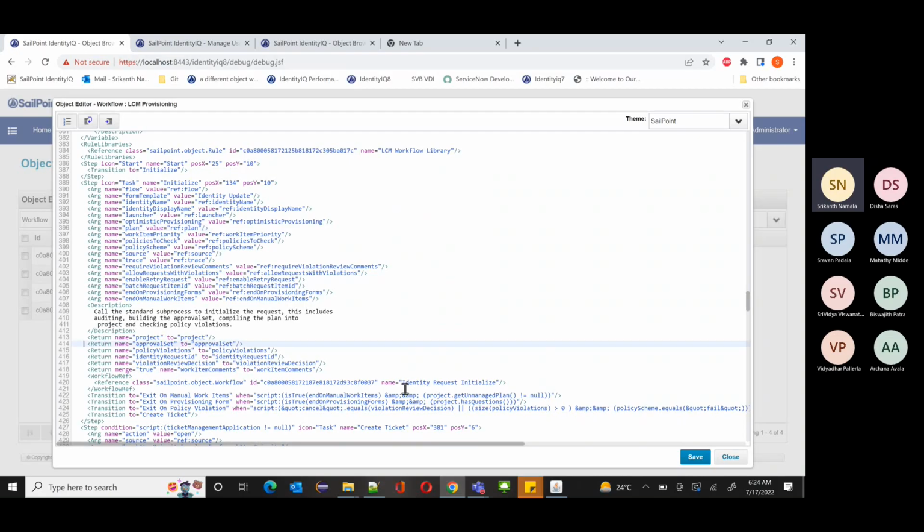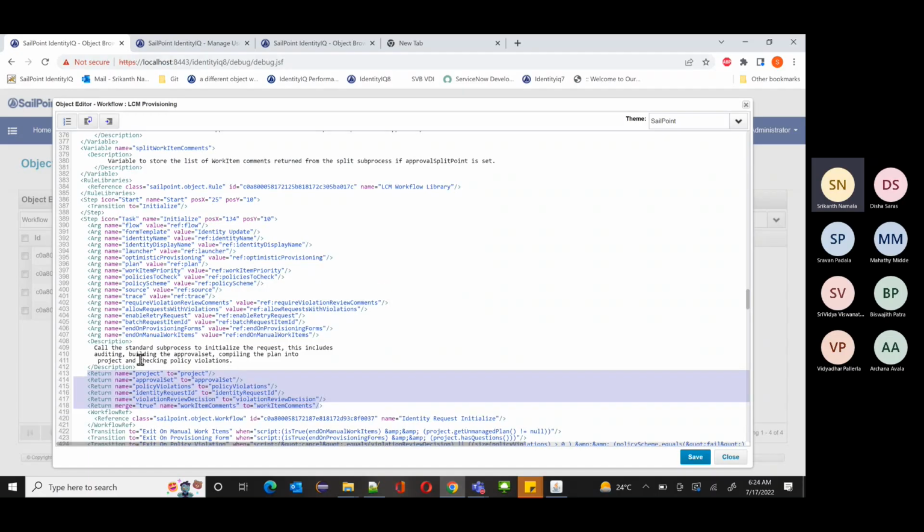Okay, what does this workflow return to whatever step we are using it in? When we call this request initialize workflow, it will return the project if there are any updates to the project, or if there is an approval set, any policy violations, whatever it is supposed to return. So we are mentioning these are the variables it will return,